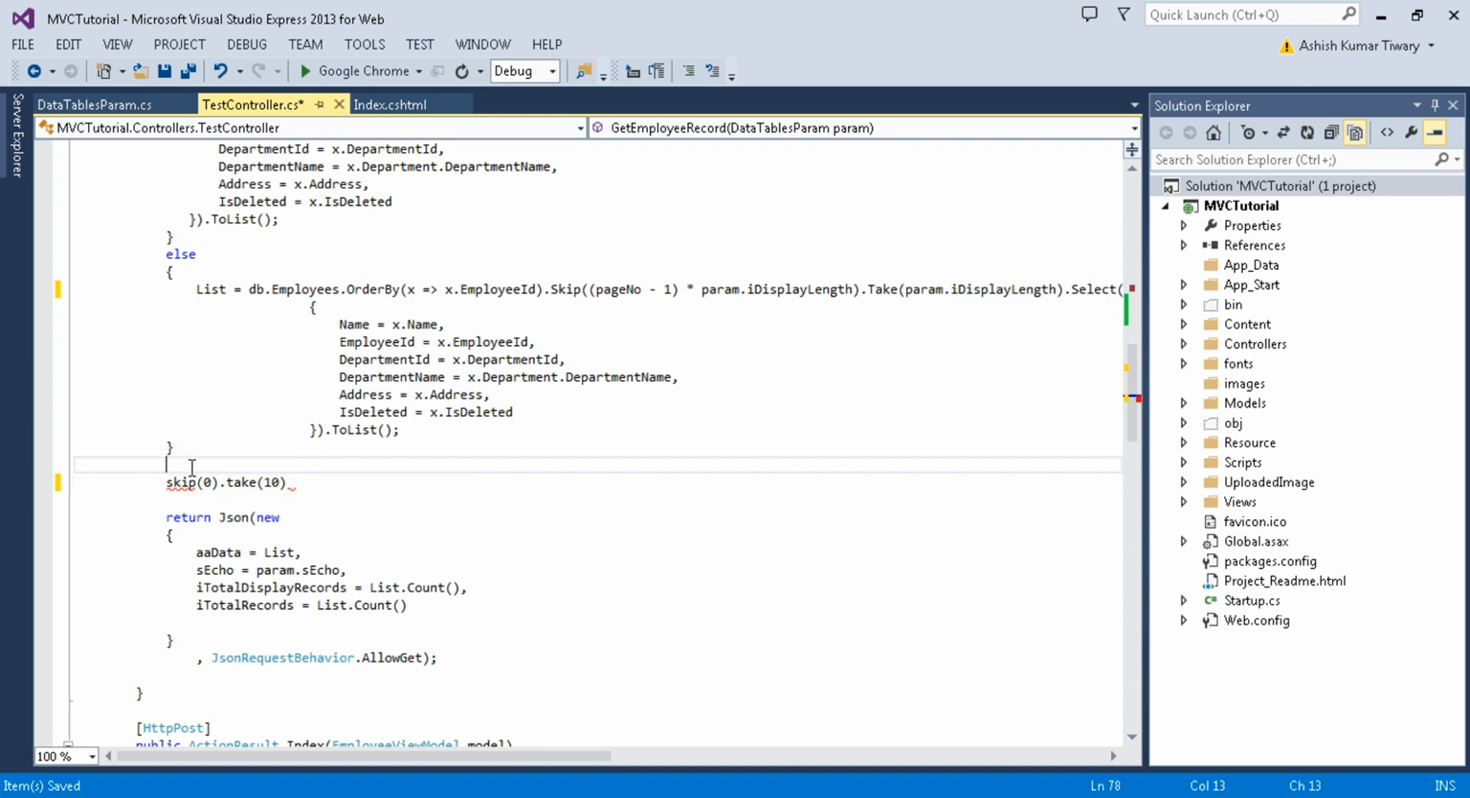So when the page number is 1, page equal to 1, then we are just skipping 0 and then taking 10. Okay, when the page number would be equal to 2, so in that case we will use this 2 minus 1, and then we are multiplying with 10. Okay, so 2 minus 1 would be equal to 1, and then we are multiplying with 10, so it would